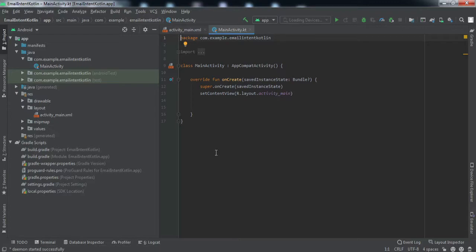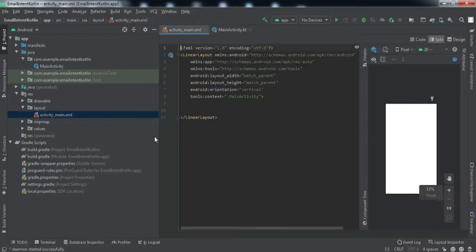So let's start with the development. First we are going to design the front end page of our Android application, right? So for that, I'll just go to this XML file. Here I have a linear layout as the parent layout, and we have set the orientation to vertical. Now let me just quickly design this page, then I'll let you guys know what we have done.